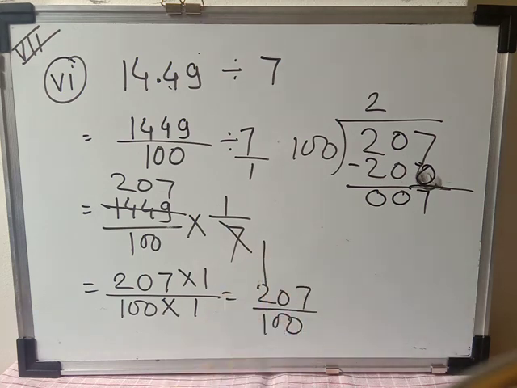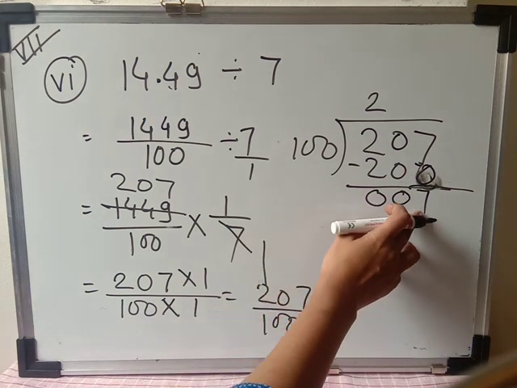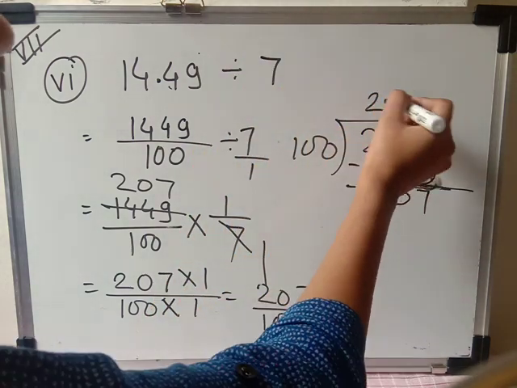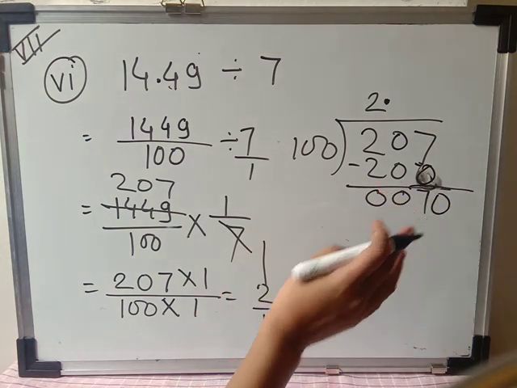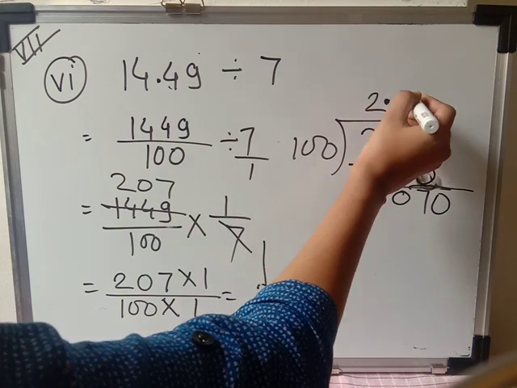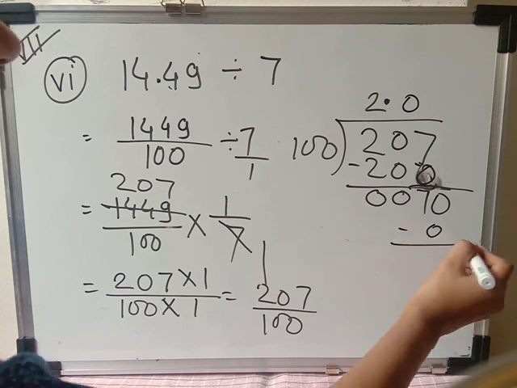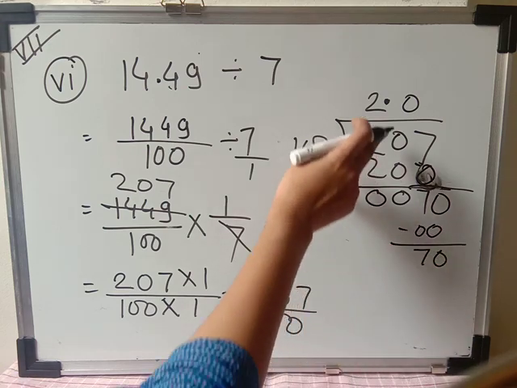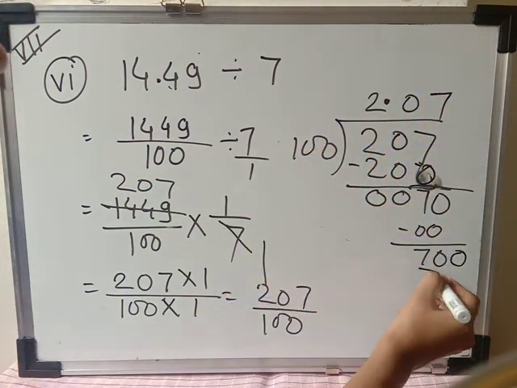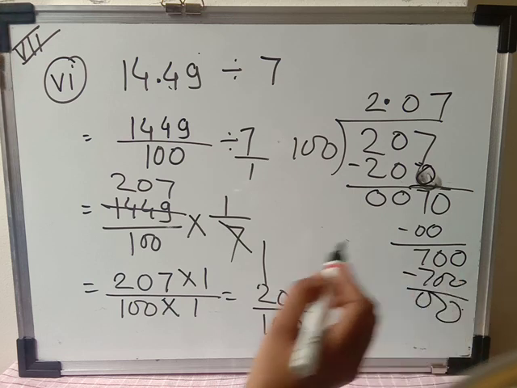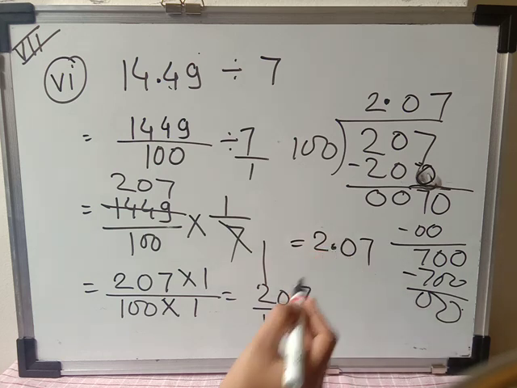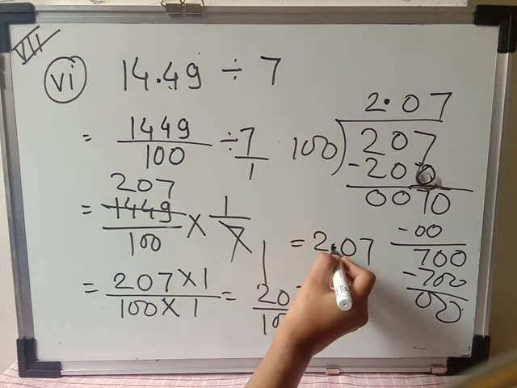Now here what we have to do, we have to take the decimal, student, because we can't divide the number. So here we have taken the decimal. After the decimal you can take the 0, but again we can't divide the 70 with the 100 because 70 is less than 100, so divide with 0 and here take 70 down. After that we have taken the decimal, so we can take one more 0, so 100 sevens are 700. So here the answer is 2.07. So here we got the answer.